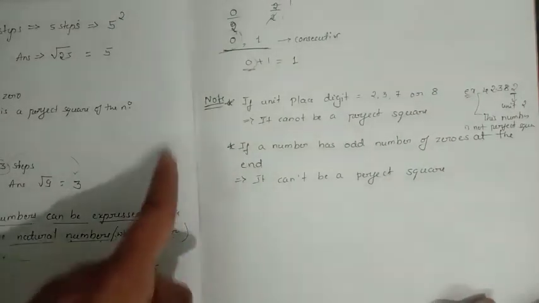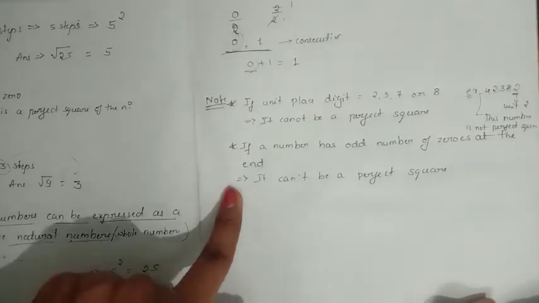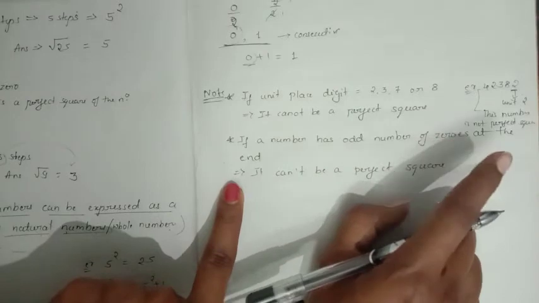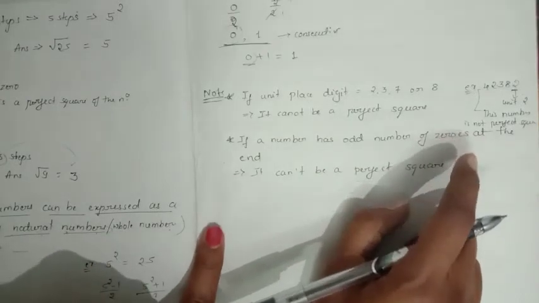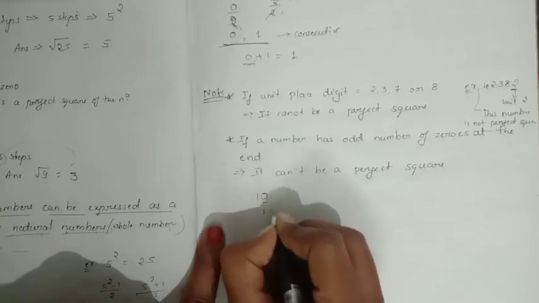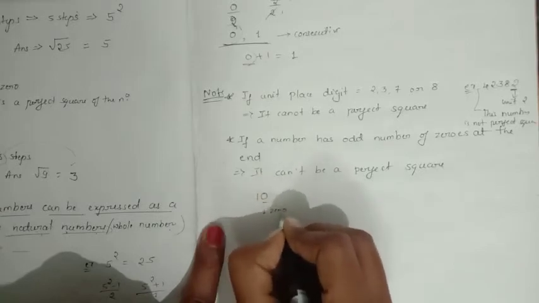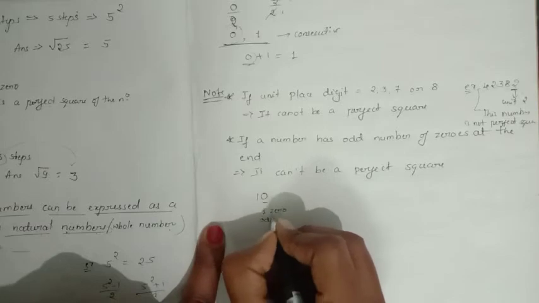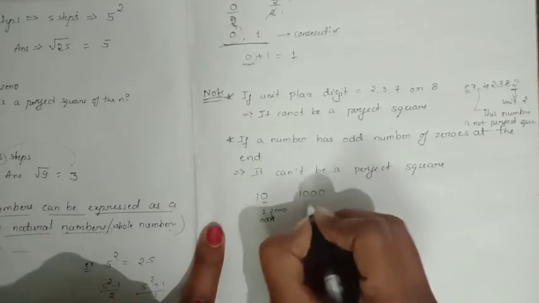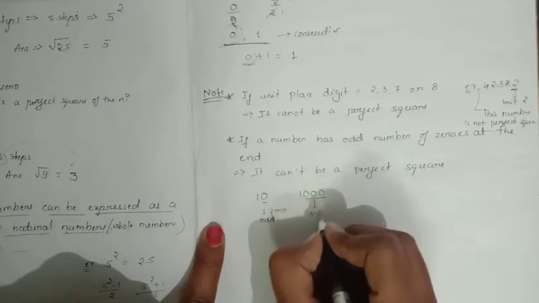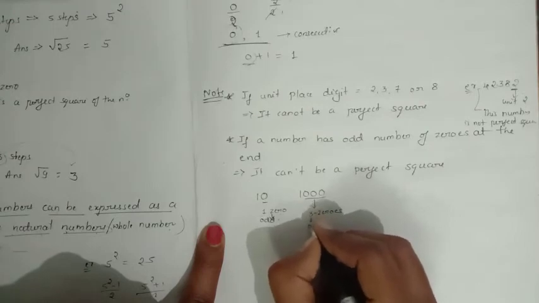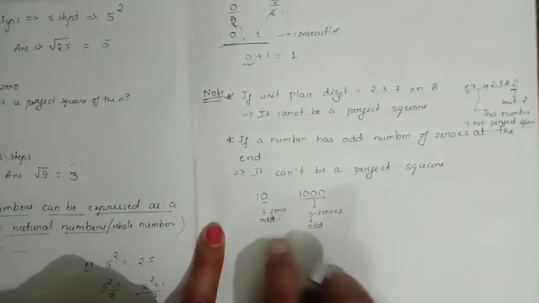Then the question, as I told at the starting, if there is a 0, then what do we have to do? We have to observe how many odd number of zeros there are. What do you mean by odd number? If you have one 0, 1 is an odd number, so this is an odd number of zeros. If you consider 1, 2, 3, there are 3 zeros, and 3 is an odd number. So this is an odd number of zeros.